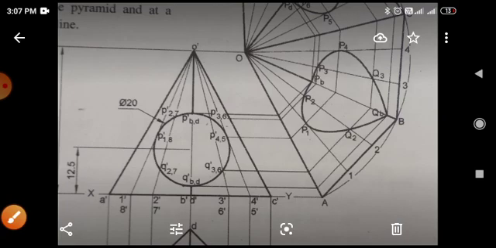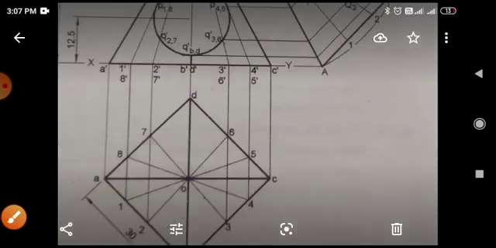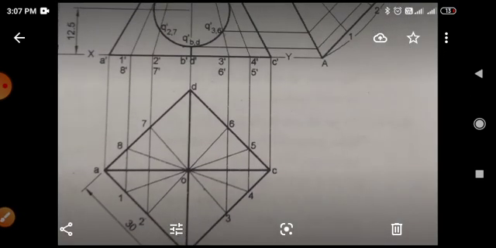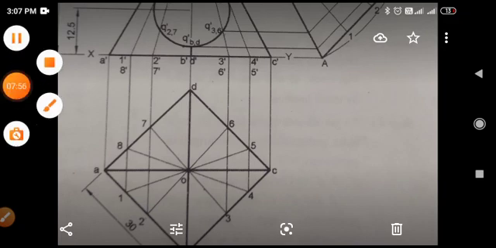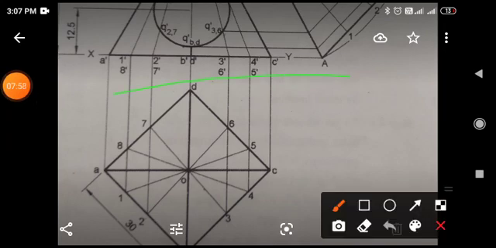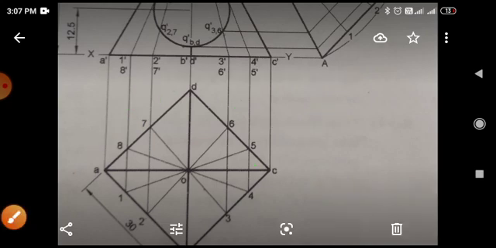Now, you can look at this in the top view. You can see the sides are equally inclined with the vertical plane. Here is the vertical plane. That means it is actually folded and comes down to this, and it is equally inclined. That means this equals 45, this equals 45, the same angle. It is inclined equally to the vertical plane.